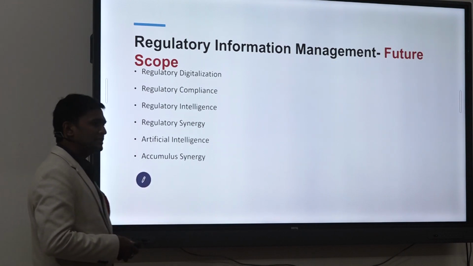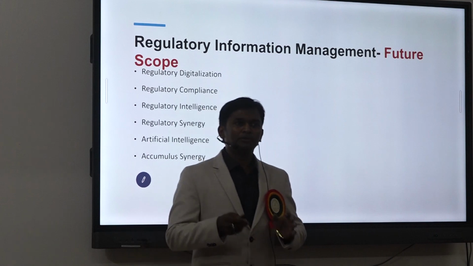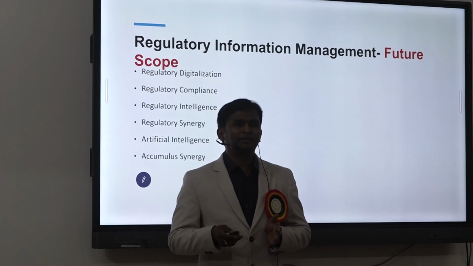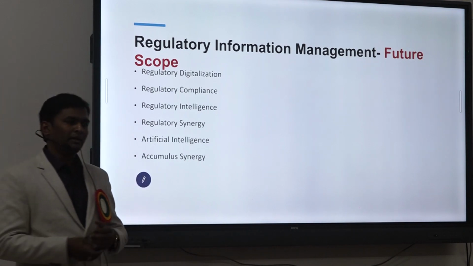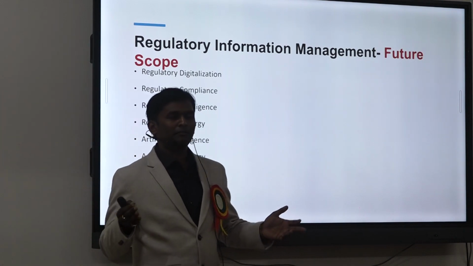So Accumulate Synergy is one kind of project or product, we can say. Ten years down the line, now we are talking about dossier, eCTD, labeling, multiple components separately, but in 10, 15 years